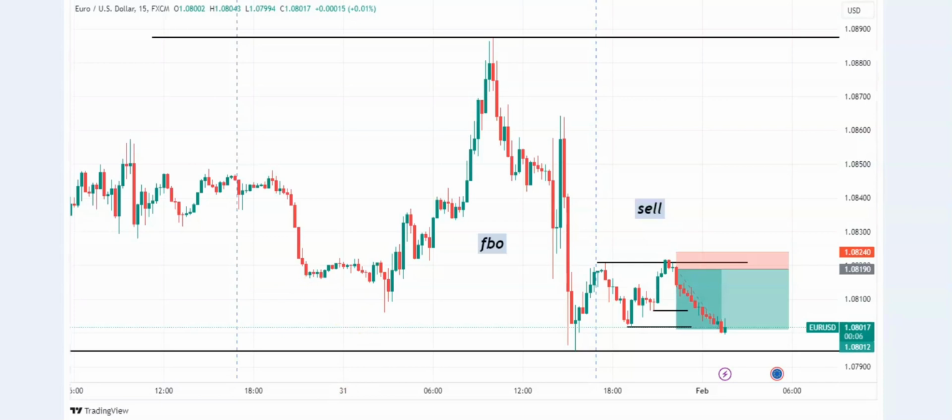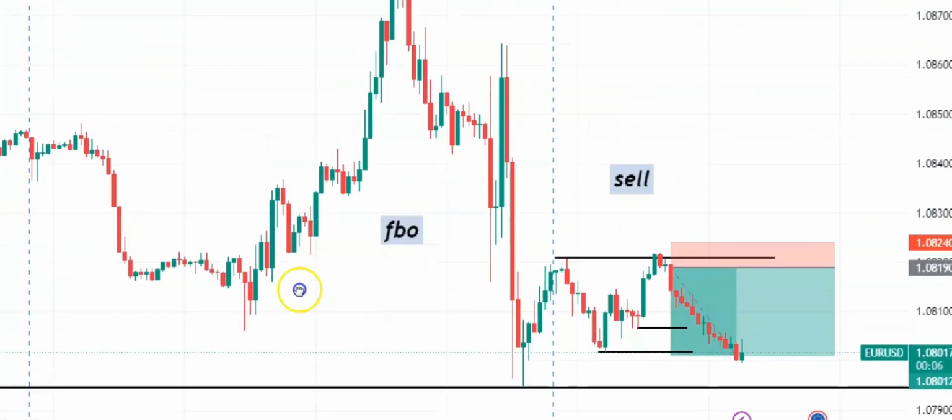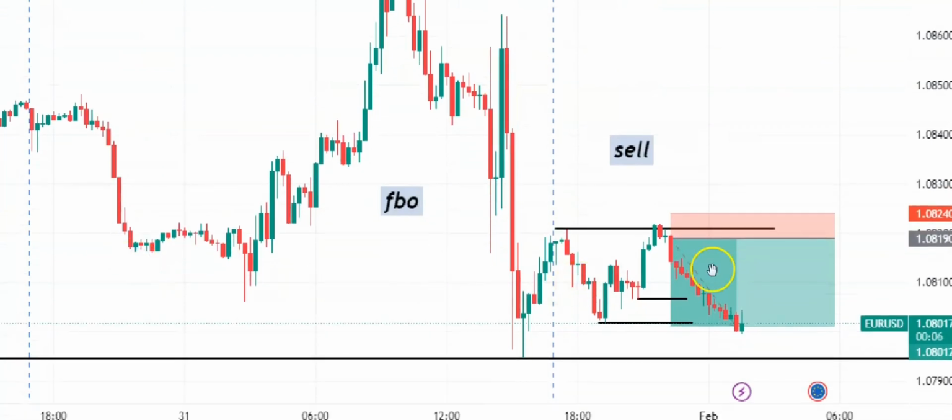Number one is Euro USD. And if we zoom in and look at how this trade set up, now we have from the low of the day to the high of the day. This was a sell setup. We have this one push up, two pushes, three pushes. But our main